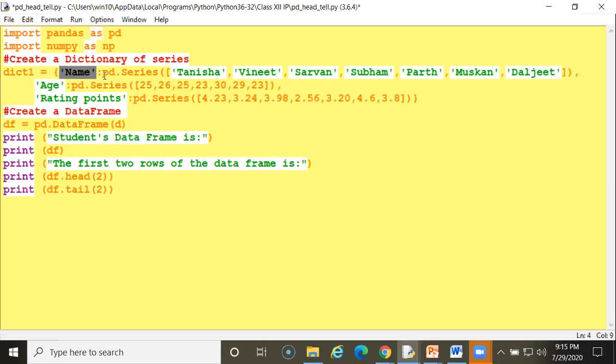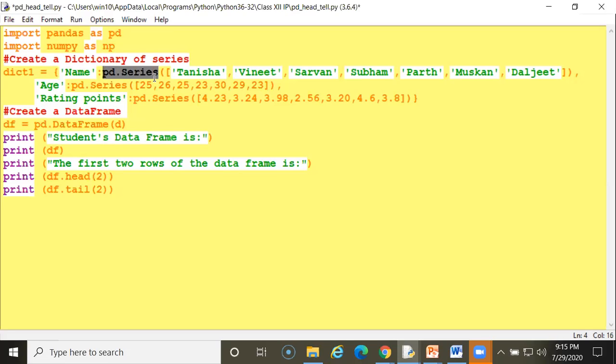Now after the colon, this should be enclosed in single quotation marks. This is called the key or column value. And pd.Series, here I am creating pd.Series from pandas. What is pd? This is pandas, and I am creating pd.Series here.